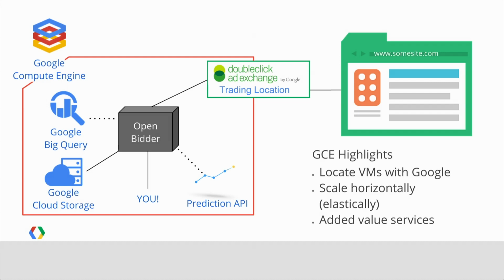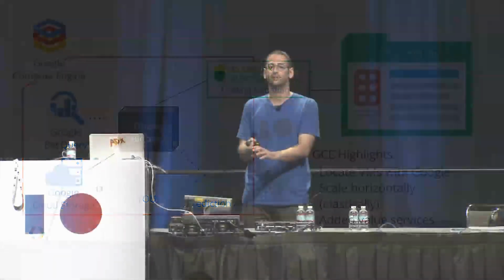Google BigQuery will let you analyze the data in your logs, basically whatever you want. But in this case, what you're interested in is logs, right? What did I bid? How much did I bid? How much did I end up paying when I won? Right? It's a second price auction, so what you bid isn't necessarily what you're going to pay.